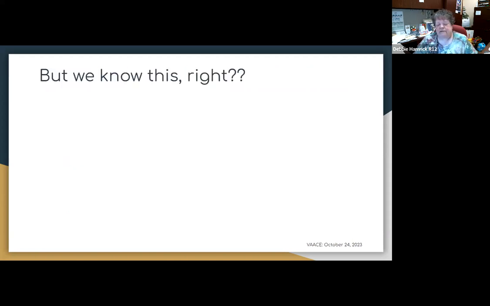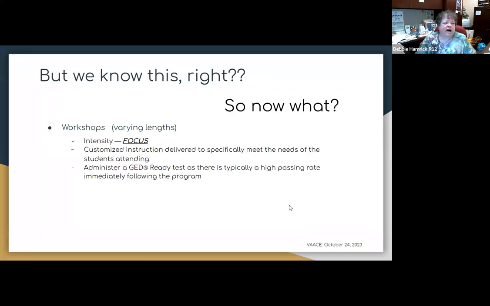And back to this about providing focused instruction. We know this. This isn't something new. This isn't something we haven't heard about. So one of the things that was discussed in that presentation was having workshops, varying lengths, to provide the intensity